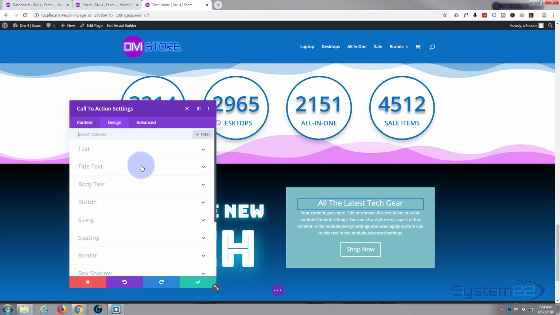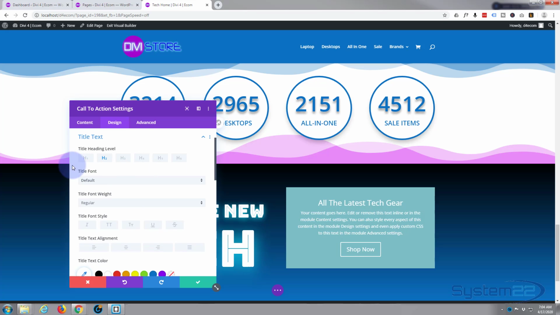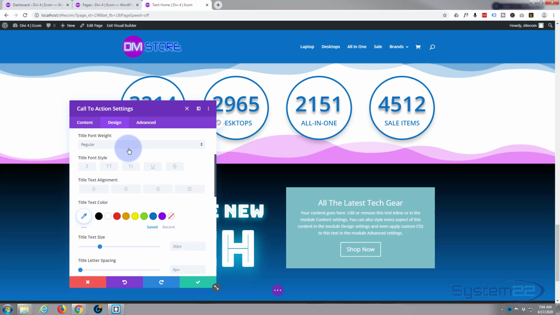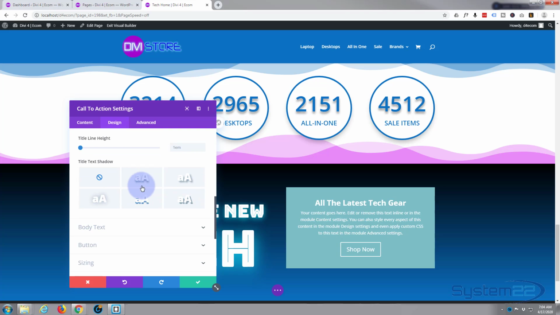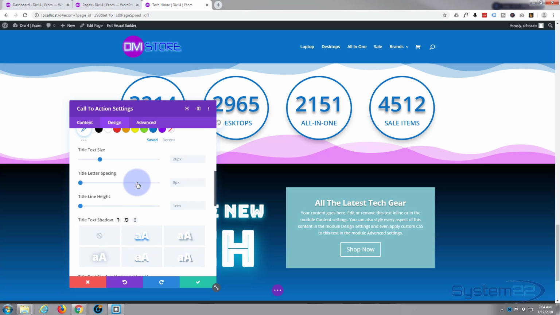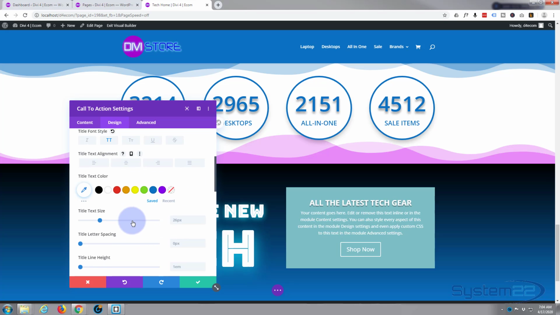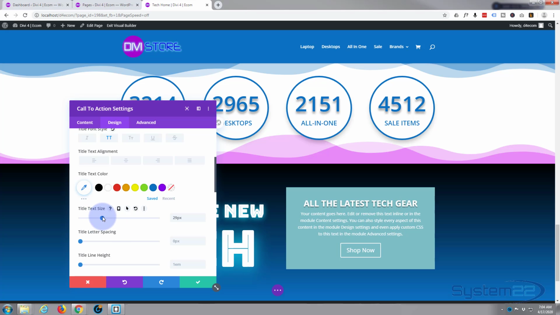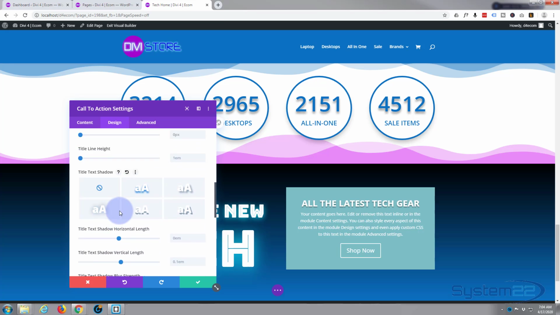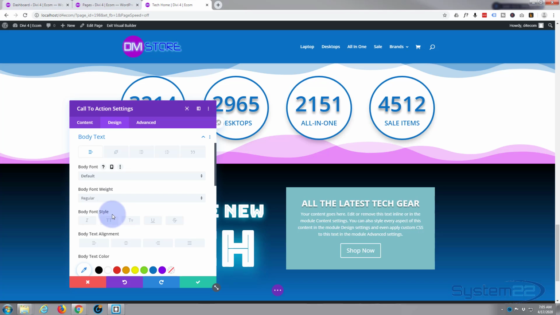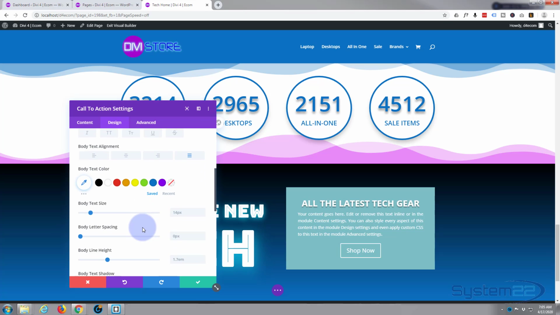Text is fine right there. The title text, I'm going to make that bold, and give it a little bit of box shadow. I'm going to make it uppercase, capitalized, so I'll hit the 2 T's there. Let's pull the size up till it's about the same size as the writing there. That's fine. Let's go down to our body text. I want to have my body text justified. That's perfect. And now let's go down to our button,